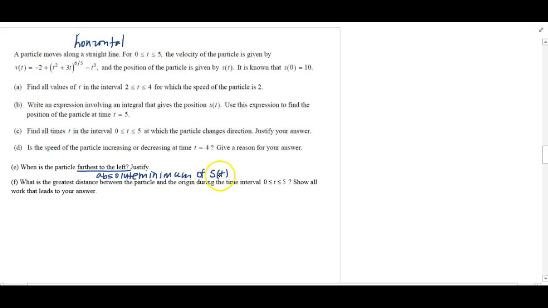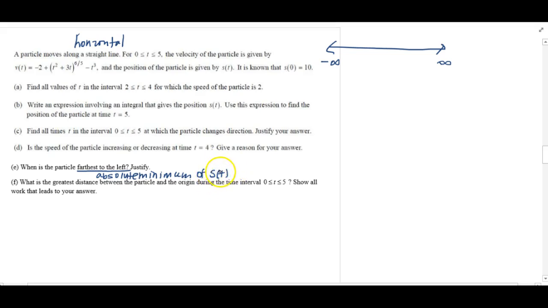So I want to know, when is the position function going to spit out the most negative value? Because if I'm thinking about a horizontal line, if I'm furthest to the left-hand side, that's where more negative numbers live, right? Like the x-axis. So I want to know, when am I absolutely the smallest value, the minimum of the position function? To find an absolute minimum, we're going to have to check the endpoints and the critical points